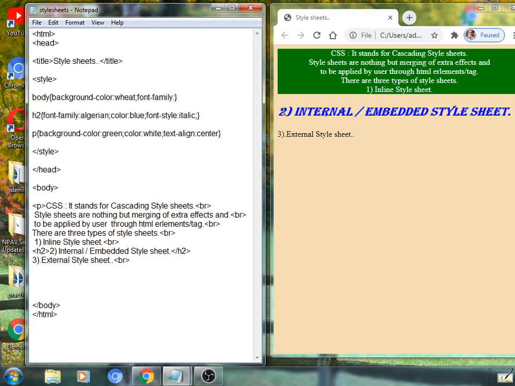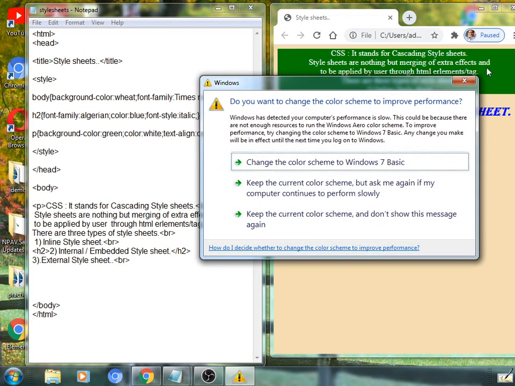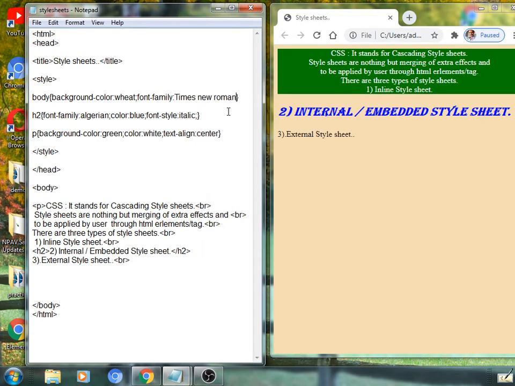Suppose I give Times New Roman as a font value for this font-family property. See here, saved, get refresh. By default it is applied, so it gives no effect.